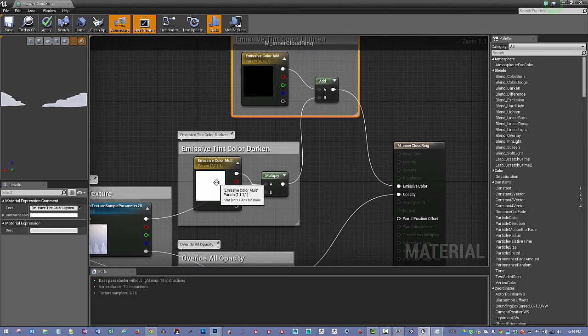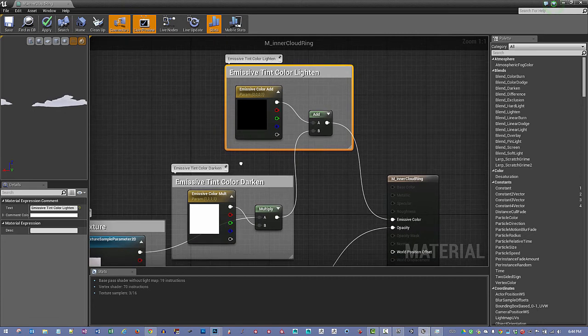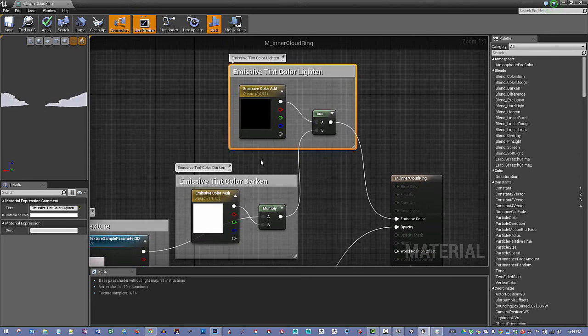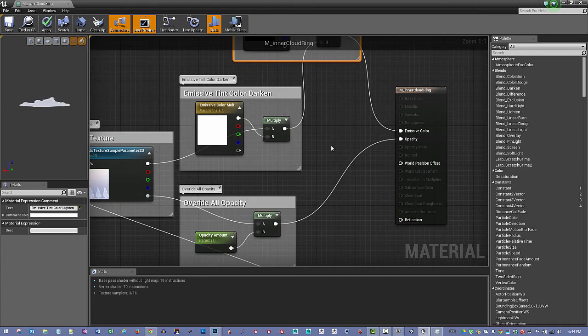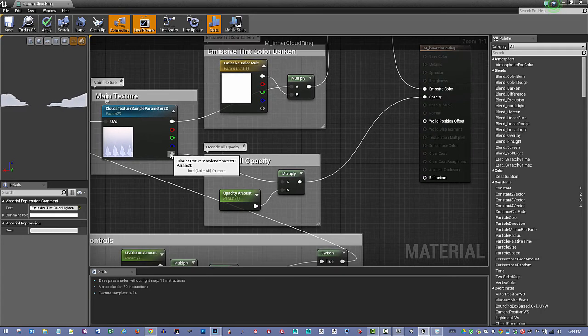Now, because I've multiplied it by pure white, you won't get any kind of change. And because I've added with pure black, we won't get any change here. So it just puts the controls there to where we can start messing around with some of that stuff in the material instance. The other thing that I did is that we have the alpha of these clouds, and they're